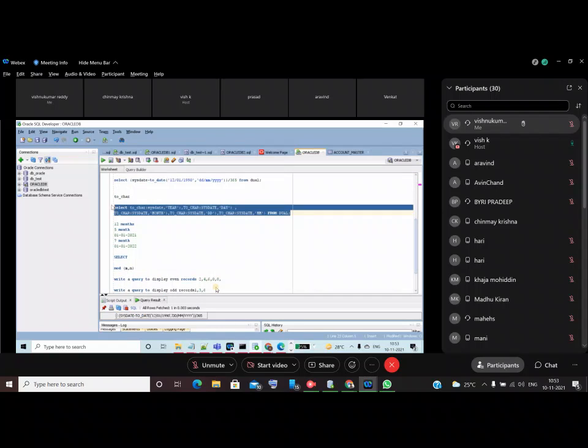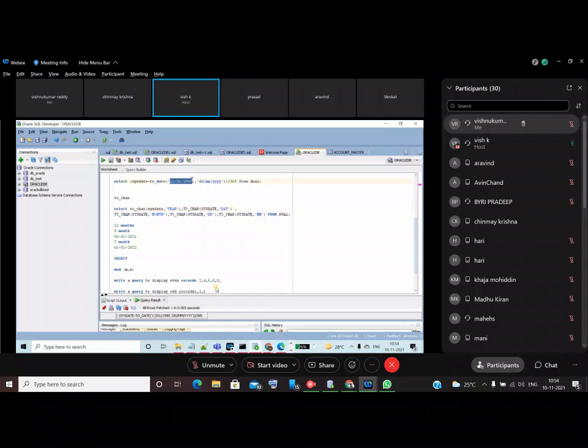You understood how to use the to_char function. In the previous example, I converted a character to a date by using the to_date function, a numeric value to date format. What this function does is convert date values into string values.